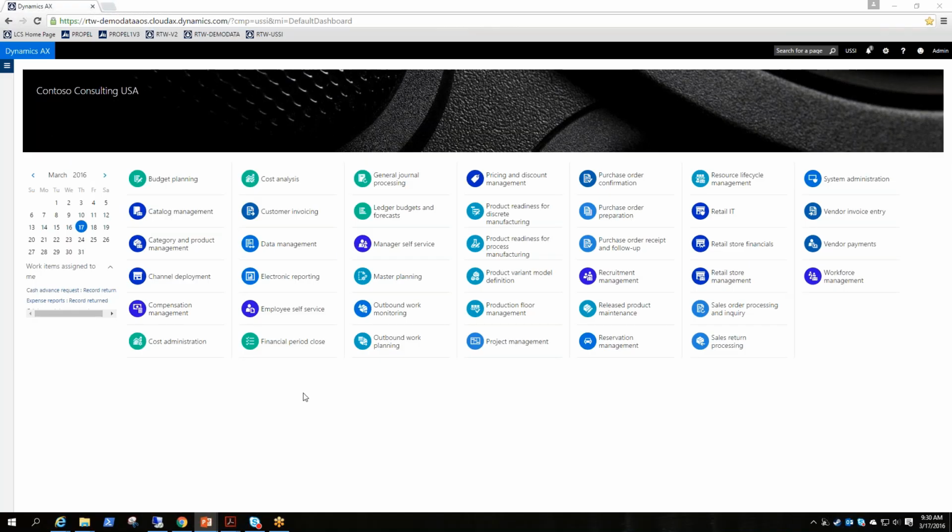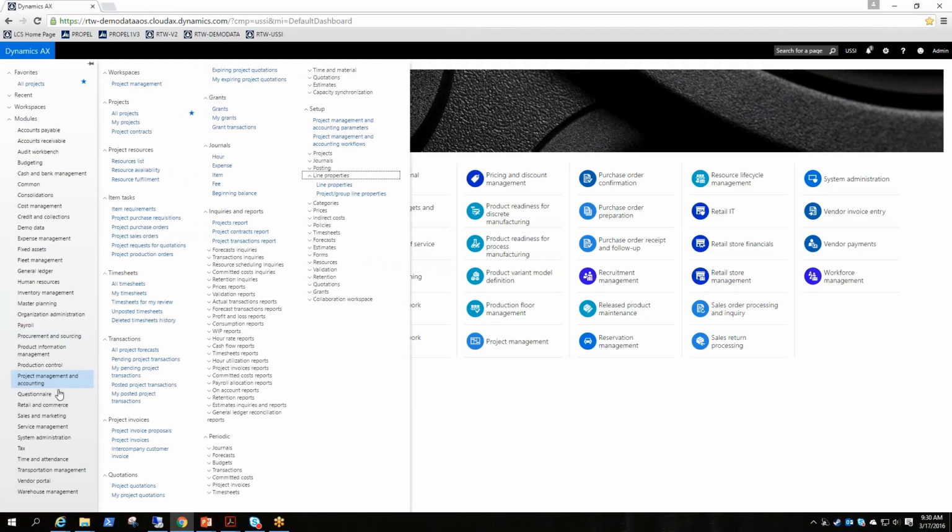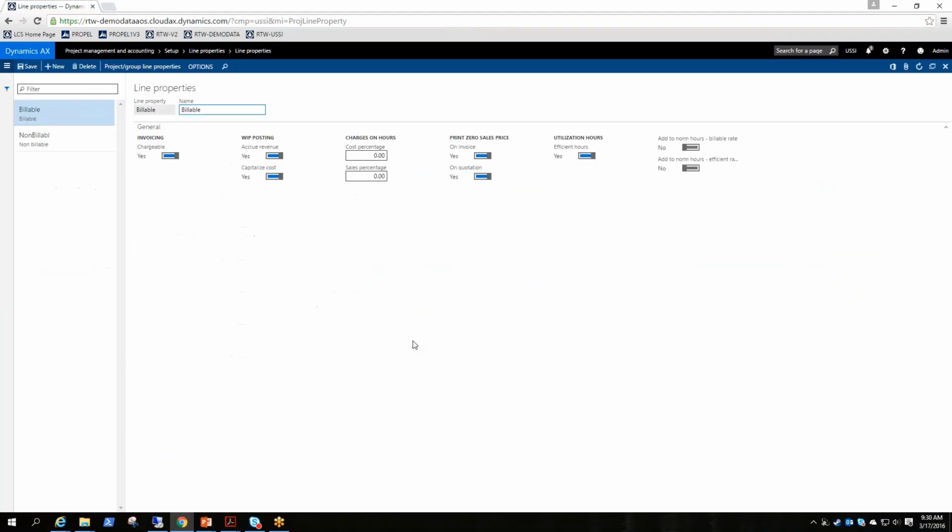All right, so we're going to go ahead and set up a line property. The first thing that we're going to do is click on the hamburger to show the navigation pane, and then we'll navigate to the project management and accounting module, and then under setup we'll be at the line properties folder here, and you can see that there's two different menus within that folder. There's the line properties menu, and that's where you define or create your line properties, and then there's the project group line properties, and that's where you can go ahead and set up all your different default values for a project category combination. So I'll go ahead and click on the line properties menu, and it brings me in,